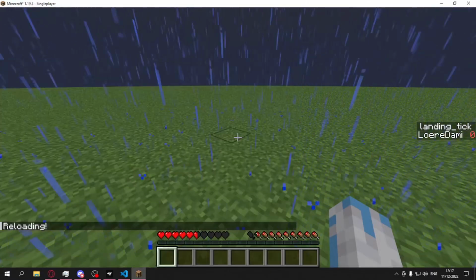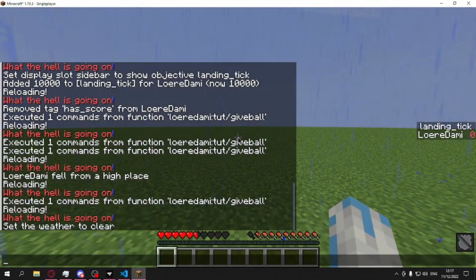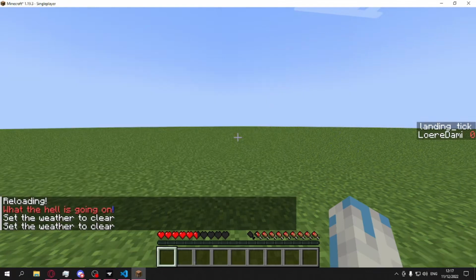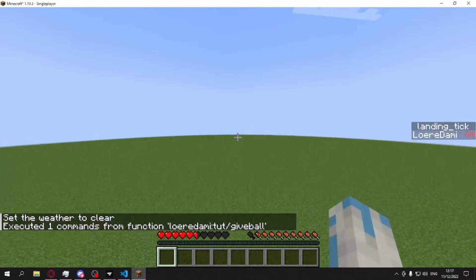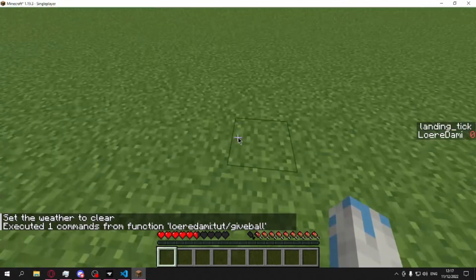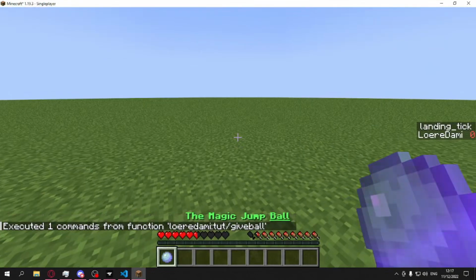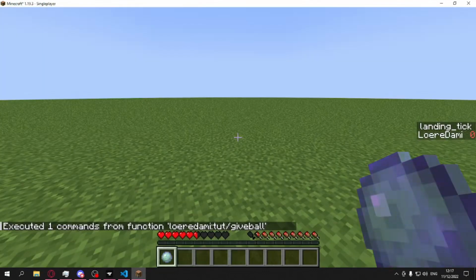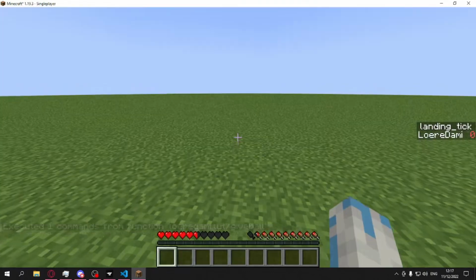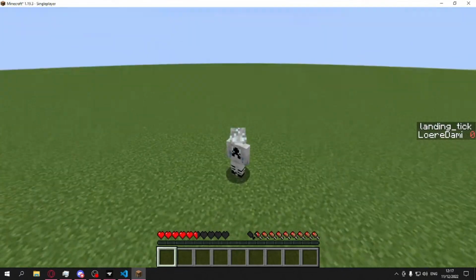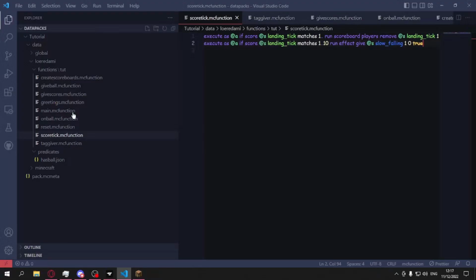We're gonna also say reload. Weather clear. Actually, let's say weather clear 1 million. And then we're gonna give ourselves the ball again. And we landed safely because we got slow falling. I'm actually going to go into my inventory so you can see it, so you can see me getting it. And we landed safely, and that's how you make a basic power up with a data pack, which is just